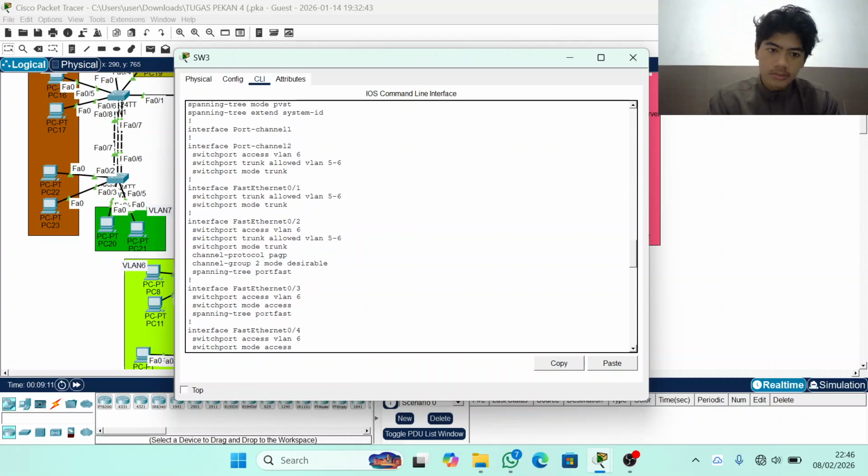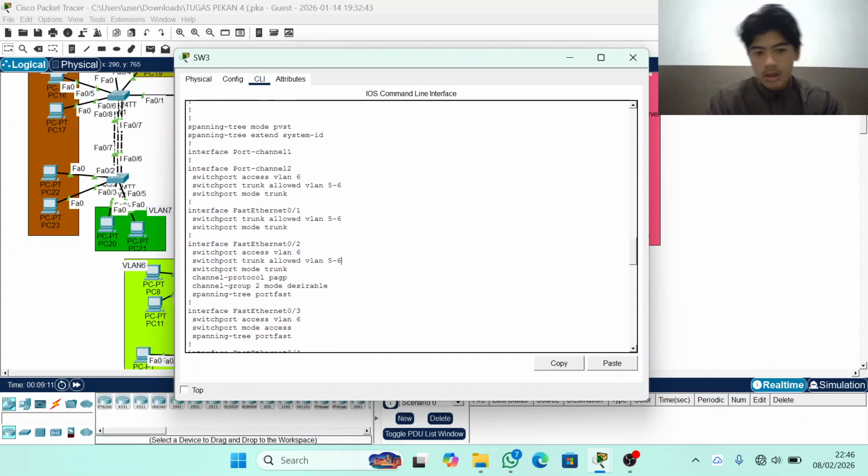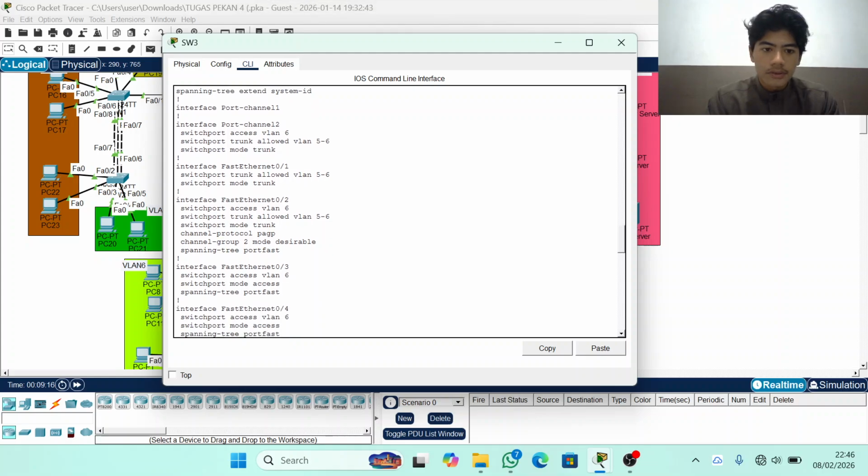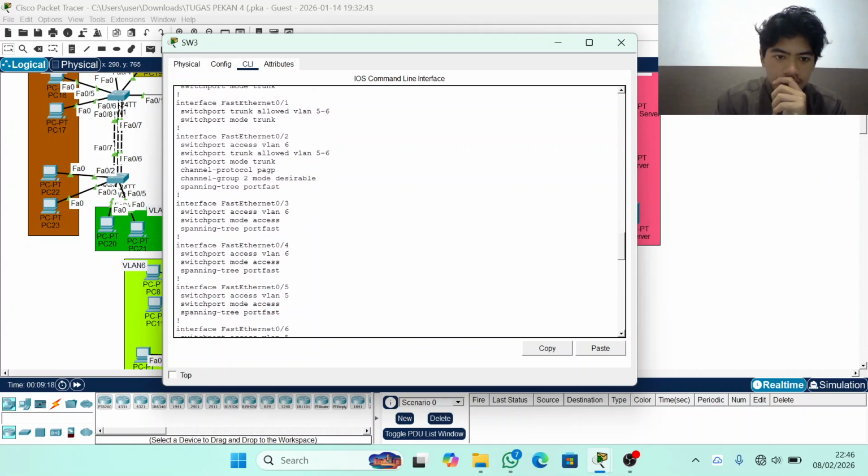Where is it? Yeah, on the trunk allowed VLAN 5 to 6, and then switchport mode trunk for the port channel and whatnot. And then for the interface FastEthernet 0/1 and 0/2, we're going to use your usual making the VLAN and stuff with the switchport mode access. And then for the FastEthernet 2,